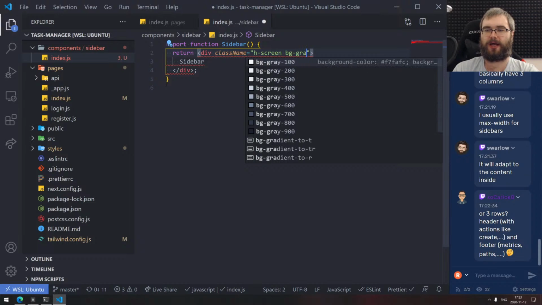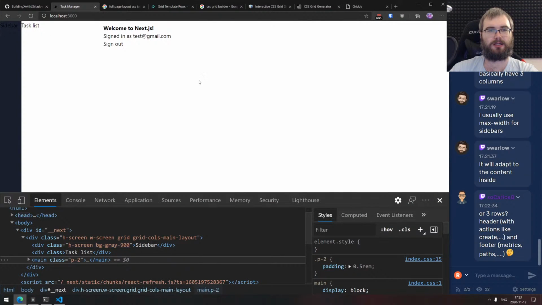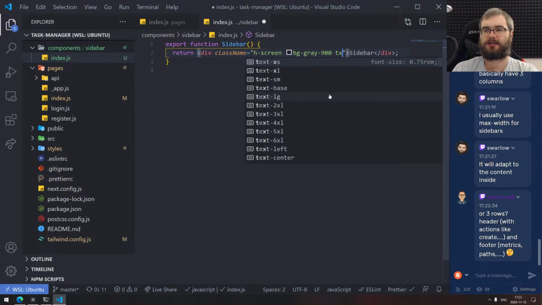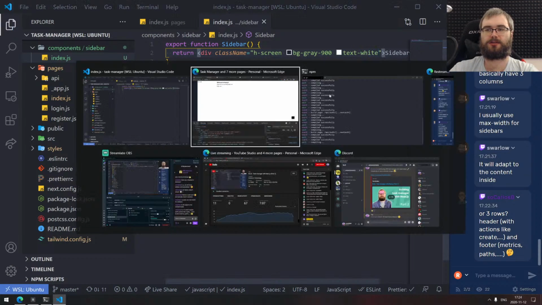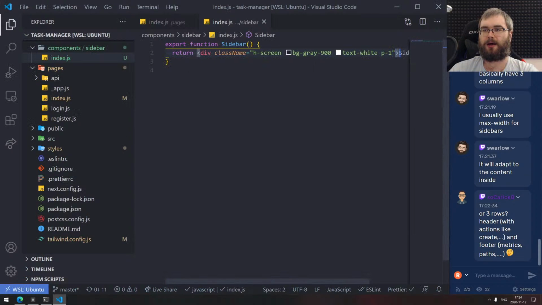So BG gray, we can go like 900. Just make it super dark. Yeah, that looks fine. And then text white, so that should be inversed. Cool. So add some padding. That's a bit too much, I guess. There we go. Okay, and now we need to